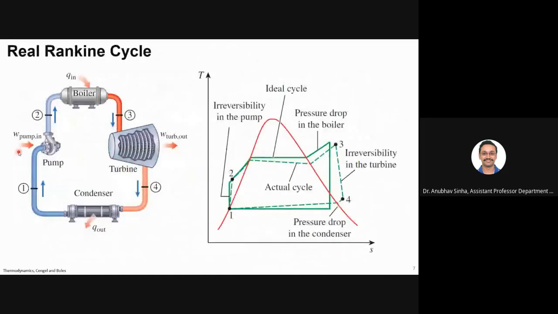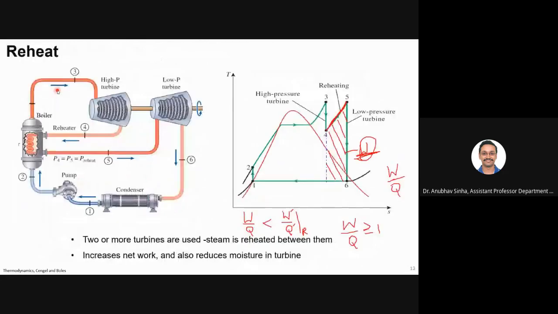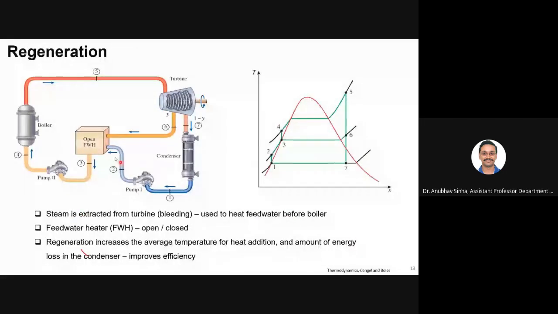Let's go to the first plot. From 2 to 3, we are heating inside the boiler, boiling the fluid. But now we're not going inside the boiler. We are going inside the feed water heater. So from 2 to 3, I heat it like this. And from 3 to 4, I have another pump. From this pump, that fluid is sent through the boiler. So 4 to 5 now represents that boiler.